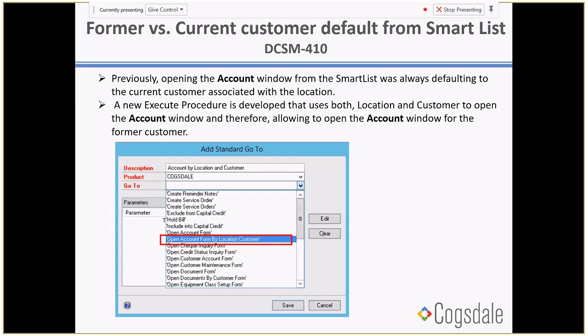Previously, opening the account window from the smart list would always open that account for the current customer on the location, even in the smart list. I know many of you are using smart lists, and sometimes in your smart list you have former customers on the location. When you click the Go To option to go to the account window, it would always open for the primary customer. Because you are already using smart lists and you connect to the account window through the go-to option, we decided to leave that,